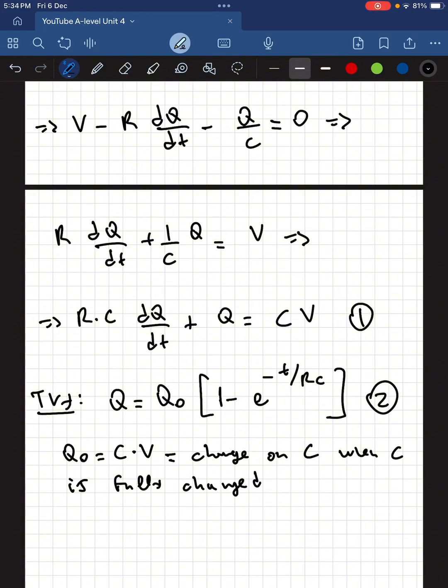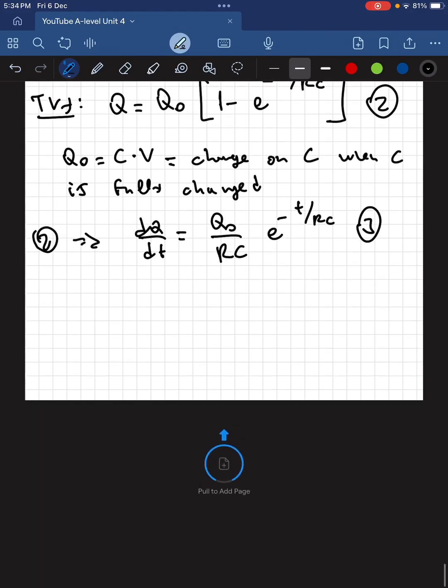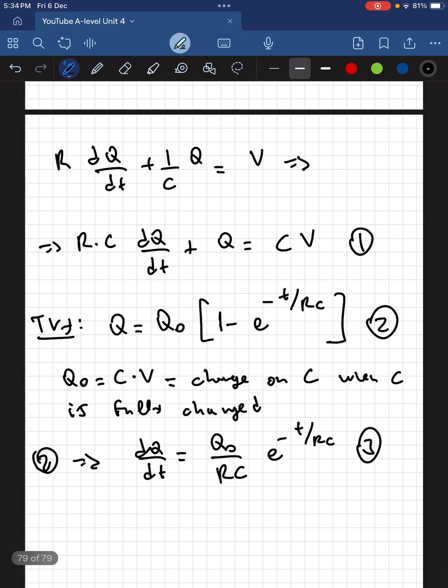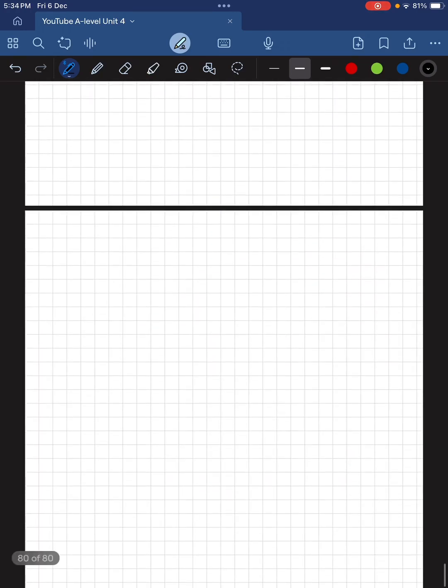Okay, so let's take equation 2 and find its first derivative with respect to time. From 2 we get dq over dt equal to Q naught over RC e to the minus t over RC. Okay, so let's name this equation 3. Now plugging 2 and 3 into equation 1 gives us,